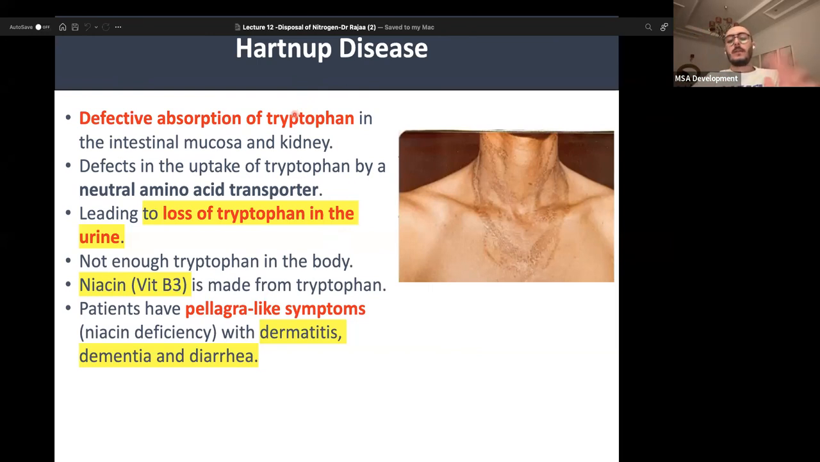Okay, so again, without reading the whole slide, if you face a big, long scenario, and you spot this sentence saying lab tests show tryptophan in urine, you directly know that this is Hartnup disease. Most probably Hartnup disease, because that's what you need to know at this level. There are a couple of points here that you need to know. That tryptophan